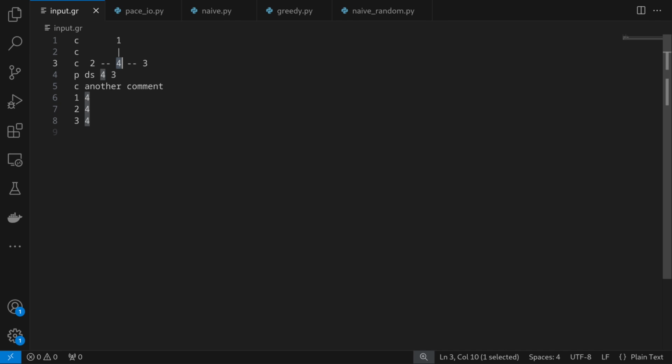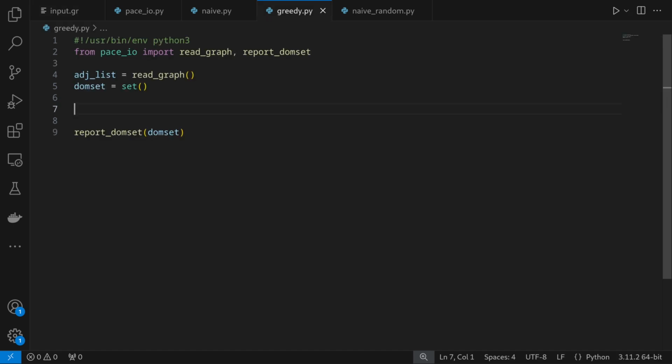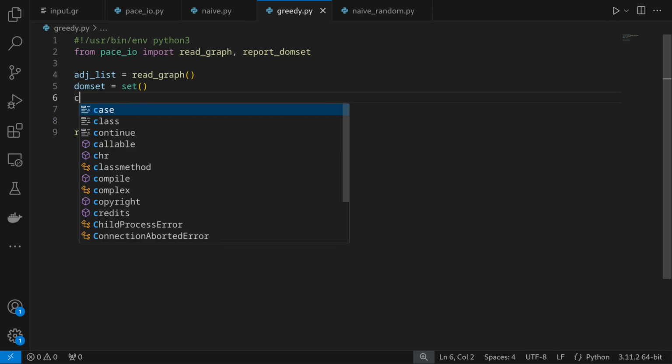So the greedy algorithm is iterative, and at each round it checks whether it already produced a dominating set so that all nodes are covered. If it reached this point, it simply stops. Otherwise, it searches a node which maximizes the gain, which means that it covers the largest number of nodes currently possible. The first thing we have to do is, again,